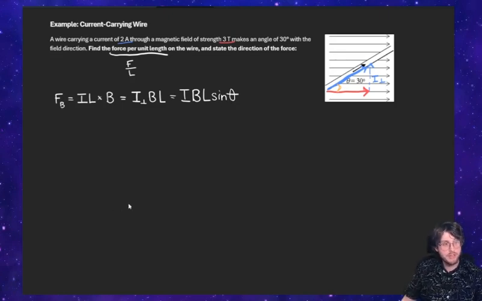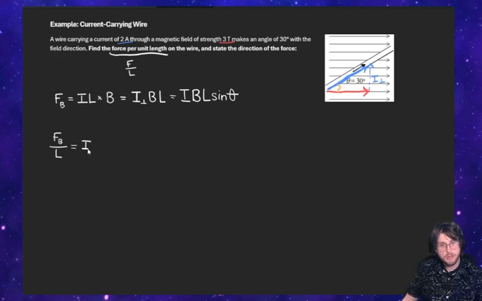That's what's going to give us the proper force and the proper component. So to do that, now we're going to go ahead and divide our length over. So it'll be F_B over L. And so everything on the other side is going to give us our answer. It's going to be current times the magnetic field strength times the sine of our given angle equals our force